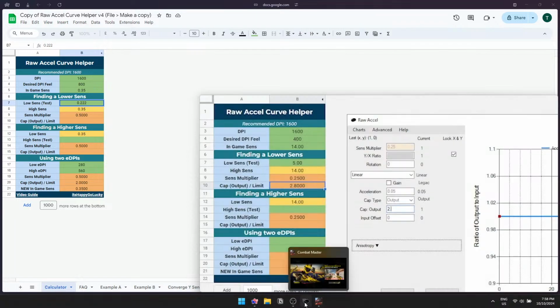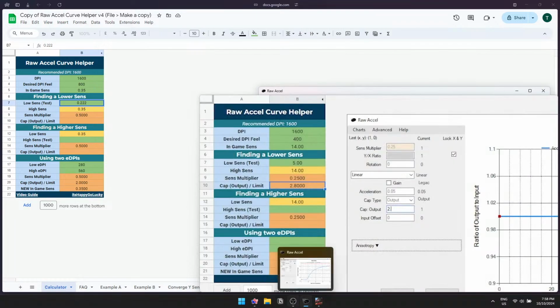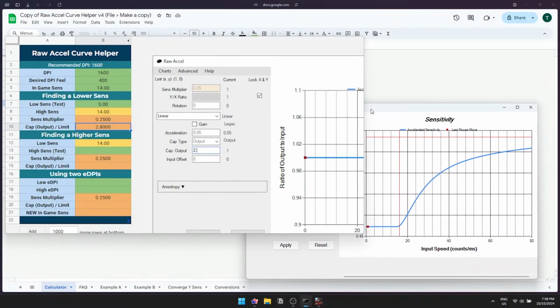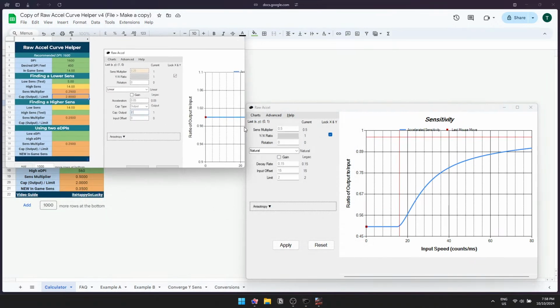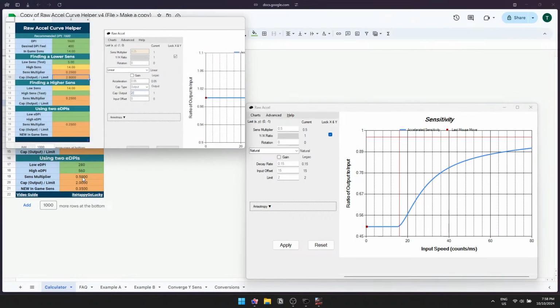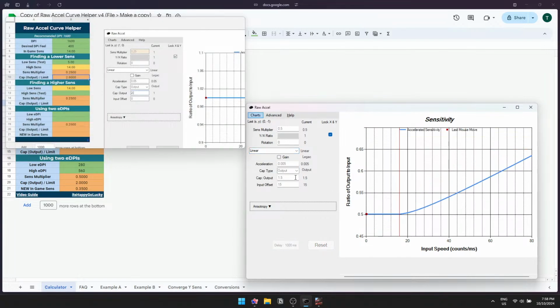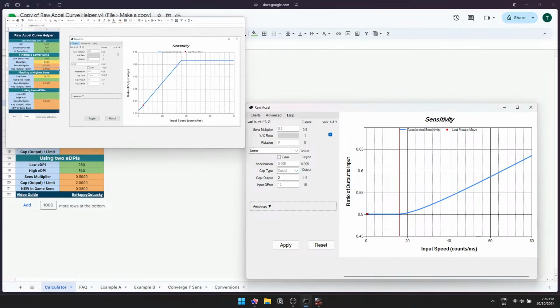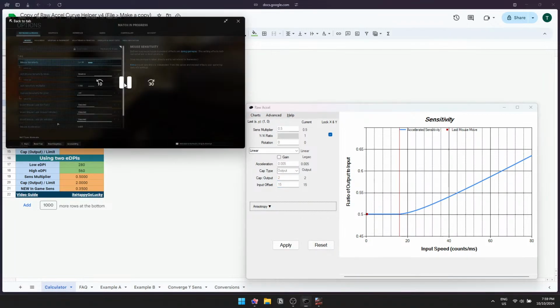Copy the values from the calculator into accel. For this example, we're going to use linear curve. After applying, make sure to